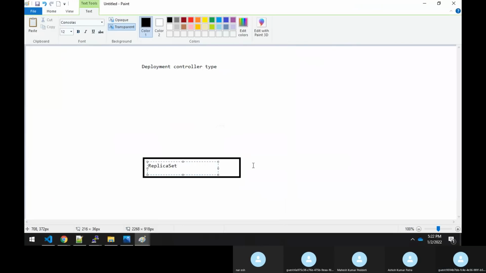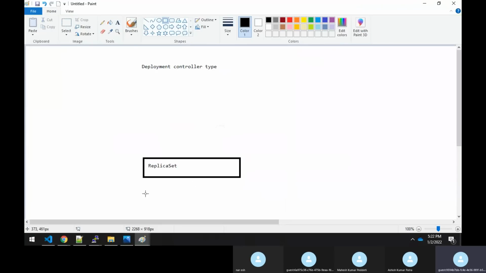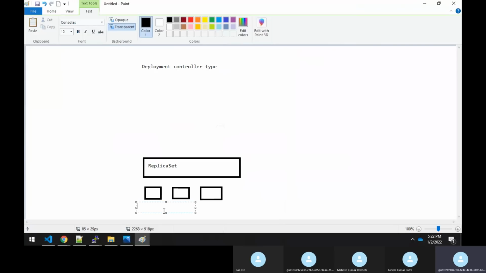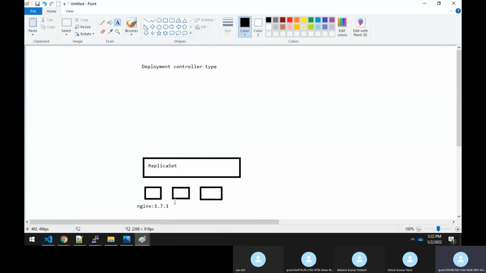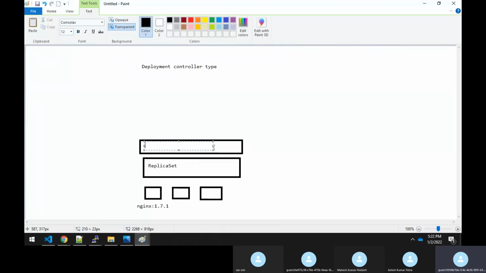Under the replica set, we have some pods running, and this pod has an image of nginx 1.7.1. Similarly, all these pods have the version nginx 1.7, even the third pod. All these pods have the same version. Now on top of this replica set, we have a deployment, correct?